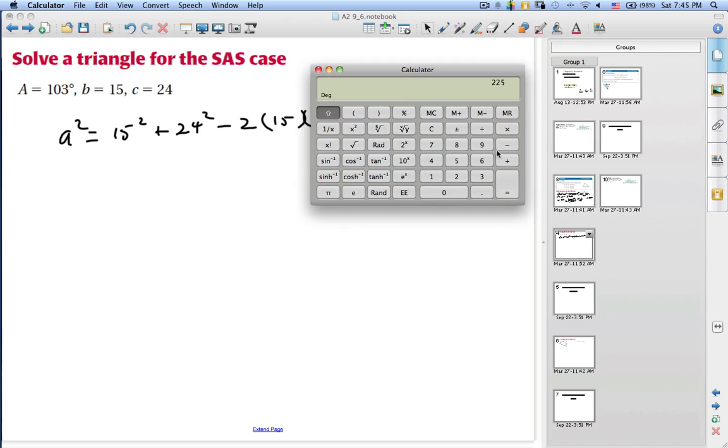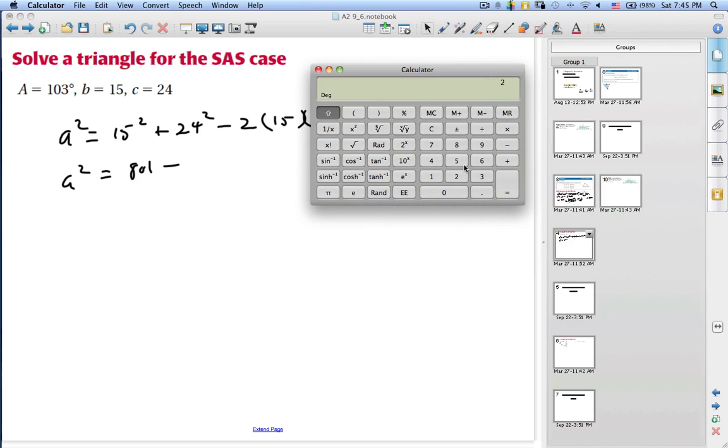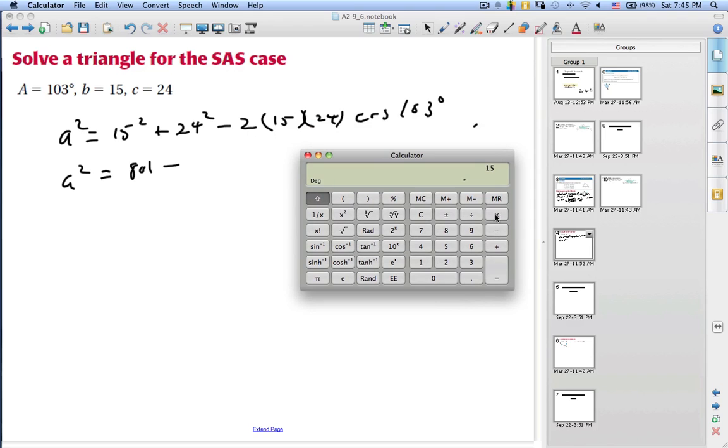So I'm going to do 15 squared plus 24 squared, and that's 801. So I'll have 801 minus, and now I'm going to do the other part. So I'll have 2 times 15 times 24 times the cosine of 103. And again, I'm subtracting a negative number. So I have